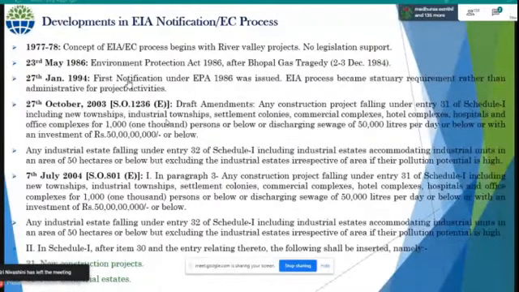Otherwise, if they have more than 50 crores at that time, then they have to come under the EIA notification 1994. But now it is 250 crores. This means the notification had a provision of 50 crore, if the investment is